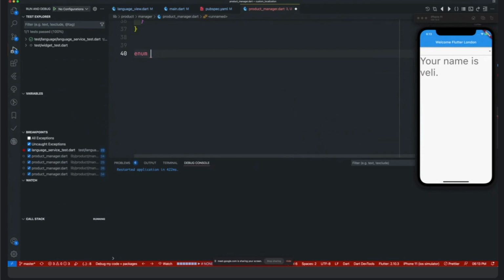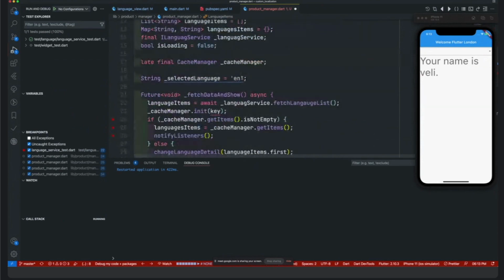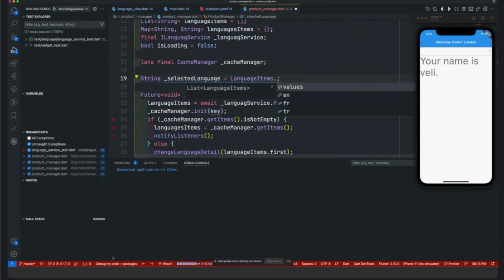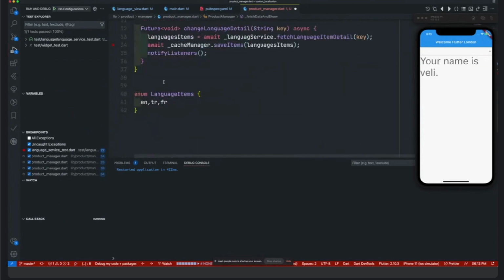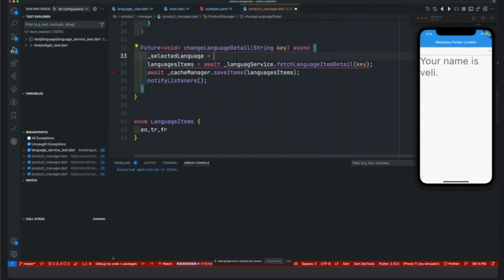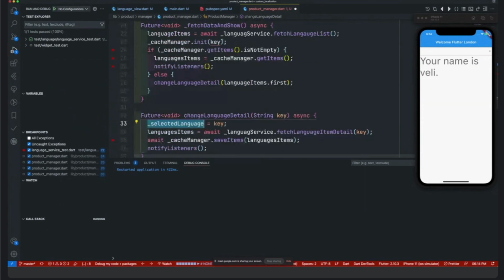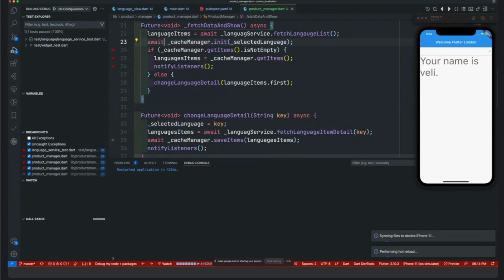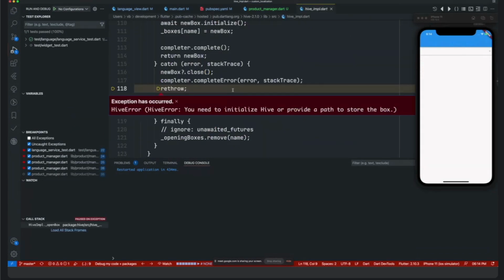And I'm going to add language items and faire, maybe faire. And I can save my default language items and that name. Yep. And if the user changes data, I can say my default language has changed, just like this. And going to add selected language at this point, and I need to call await. Maybe right now it's working. It will work. Because,